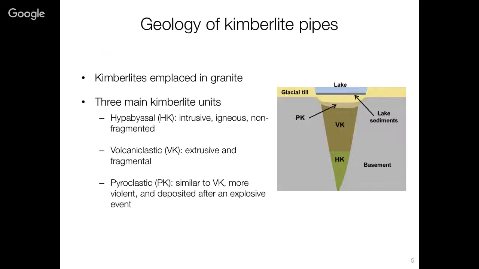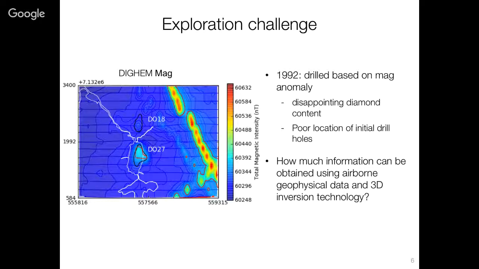So this is the stuff that's deposited. Everything explodes out and then falls back in, and that's one of the main sources or areas of diamondiferous rocks. So the exploration challenge, based upon some 1992 data that found a magnetic anomaly, they drilled on the magnetics. Basically, it was very poor diamond showing, and